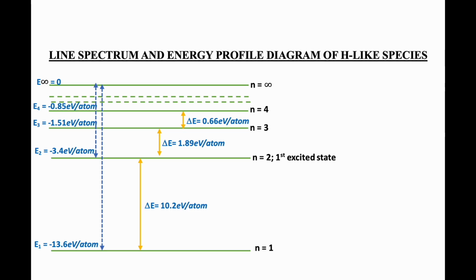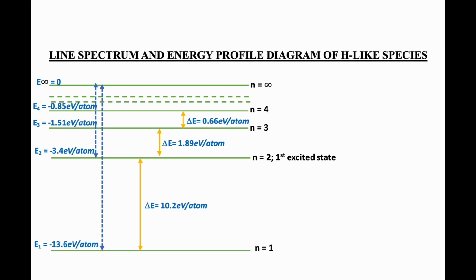Now if an electron is resting in the n is equal to 1 orbital, and we want to move that electron to n is equal to infinity, then the amount of energy which will be required is called the ionization energy. As you can see from the diagram, the green horizontal lines represent the orbitals in an atom. So n is equal to 1 means closer to the nucleus, n is equal to 2 is the second orbital, n is equal to 3 is the third orbital, n is equal to 4 is the fourth orbital, and so on and so forth. Finally, there is n is equal to infinity, which means the electron is now out of the atom.